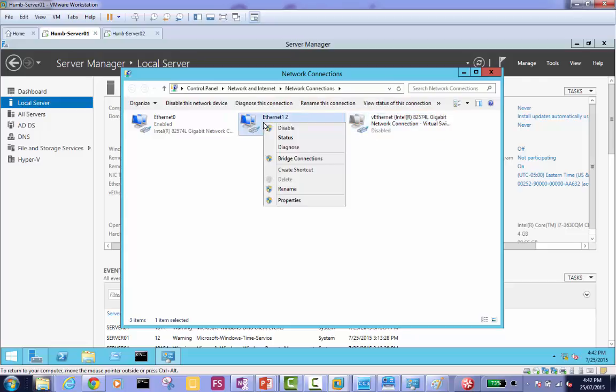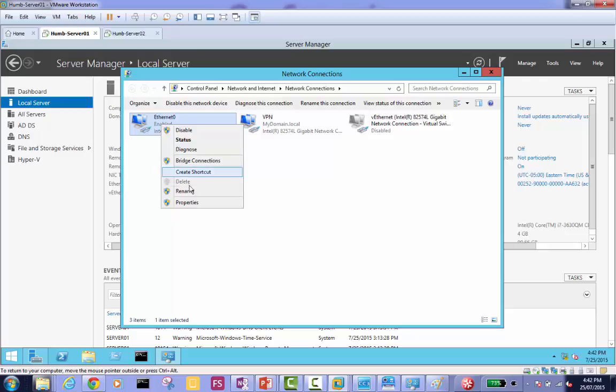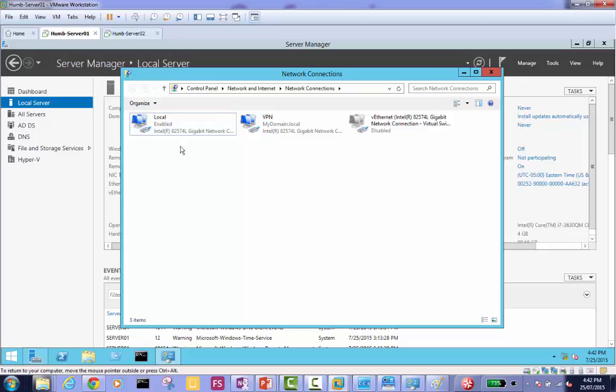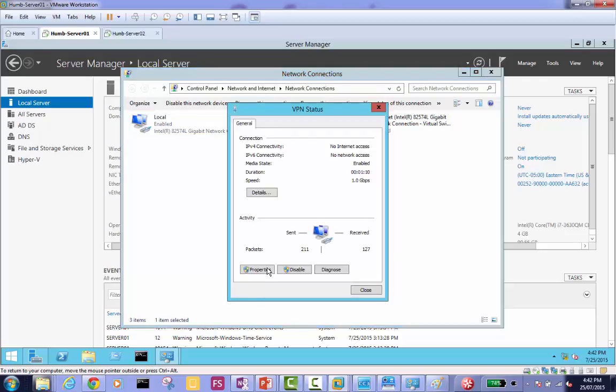First thing is I'm renaming it. Ethernet 2 I'm renaming as VPN, and Ethernet 0 I am renaming as local. So local and VPN. Local is the first one, and for the second one it's a rename only. Double click VPN and go to properties.